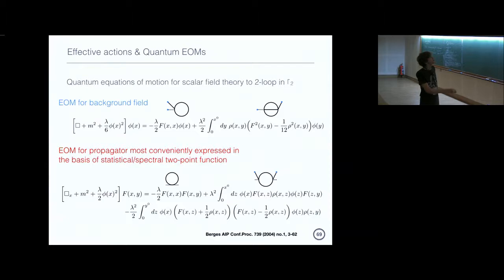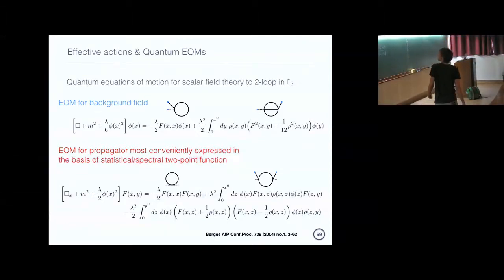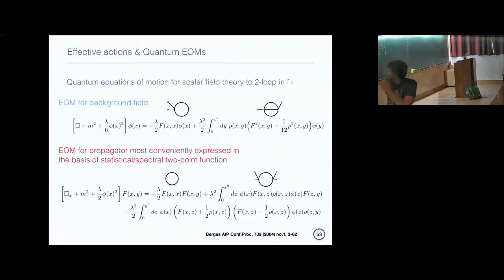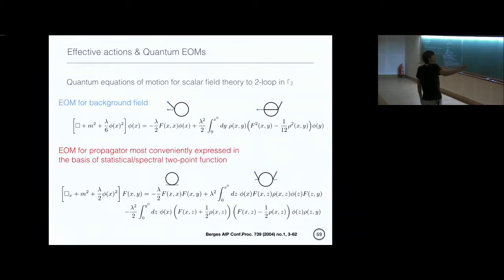So I worked this out here for up to 2-loop order in the effective action. We have these equations of motion. You then have to calculate what this gamma 2 is, and then you take your derivatives, and that's how you get your equations of motion. And so the way that these turn out to look, let's first look at the equation of motion of, for example, this scalar field. As I said, I've truncated the expansion of this.